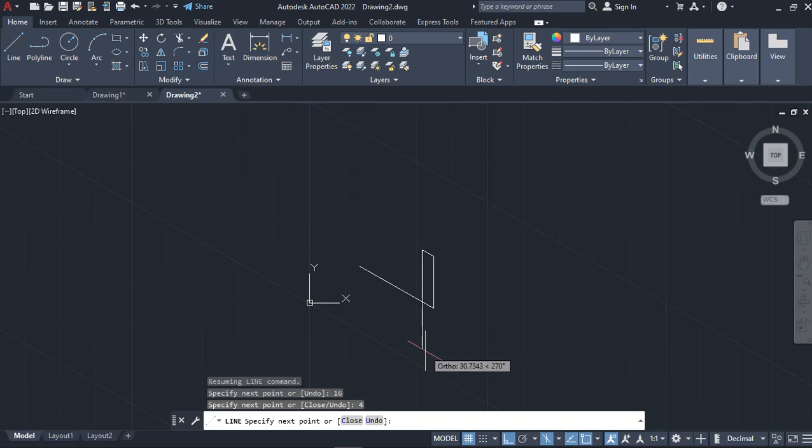enter, and downward 4 minus 16 is 12, enter. The gap, the slot, is 26 minus 8 minus 18, enter, and this one is 12, and this one is 4, and click close, enter. Okay,